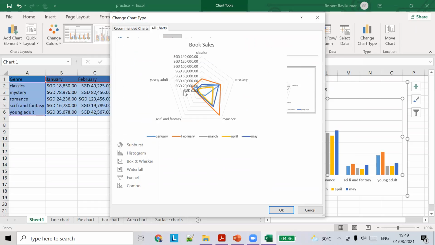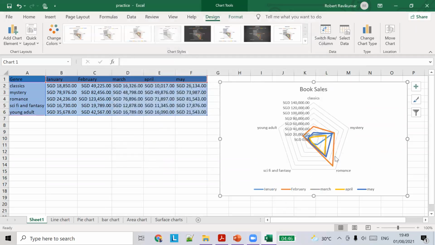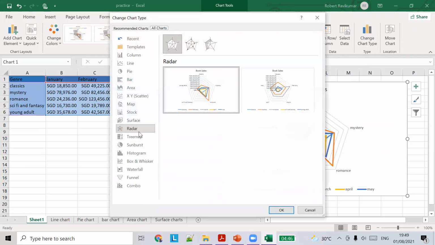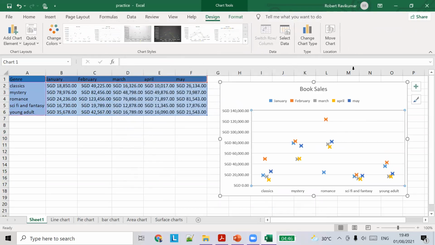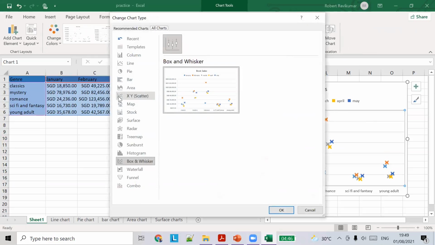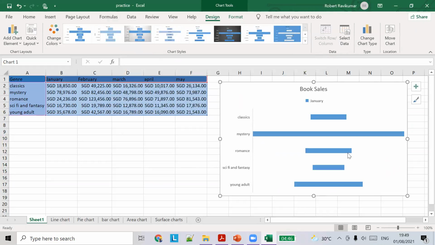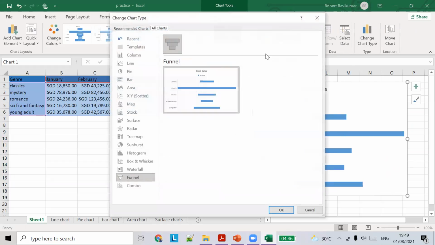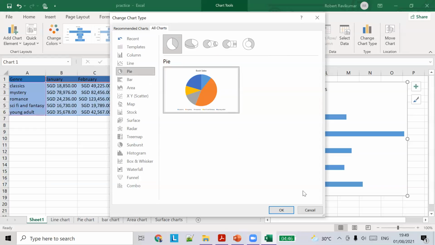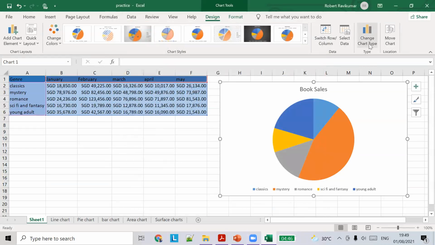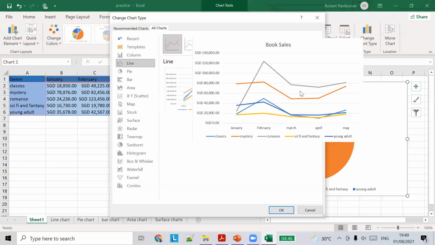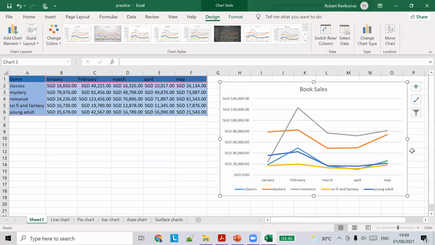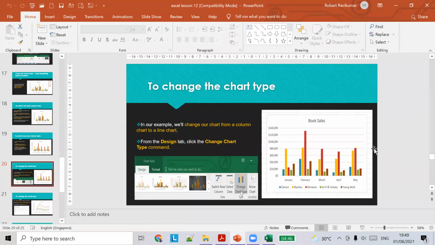So if you want to do a different chart, right, you can show a different chart. So there are several different types of charts present here. Okay, so you can choose any one of those charts, and you can change the chart type here. See, so all these charts can be chosen from this menu, from this option chart type here. Okay, so let's switch it to this one. So this is how you change the chart type.